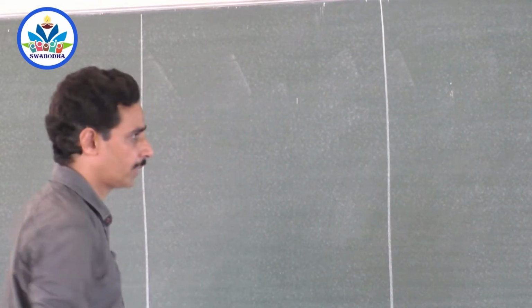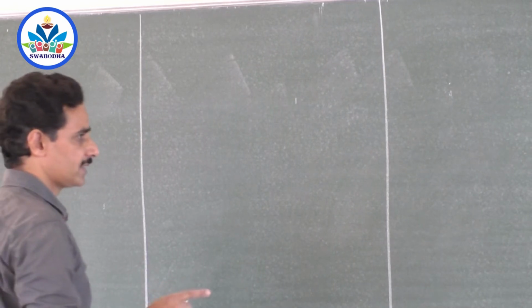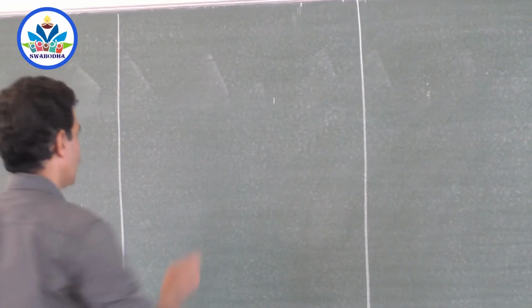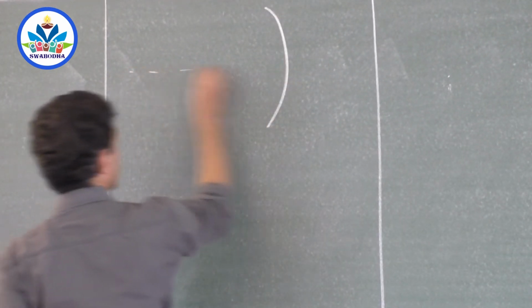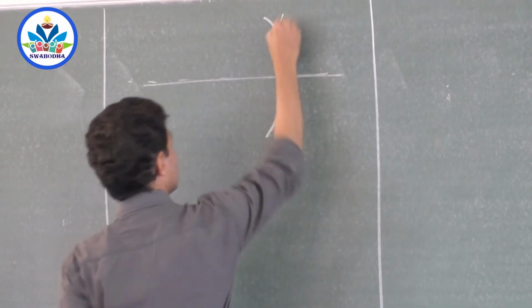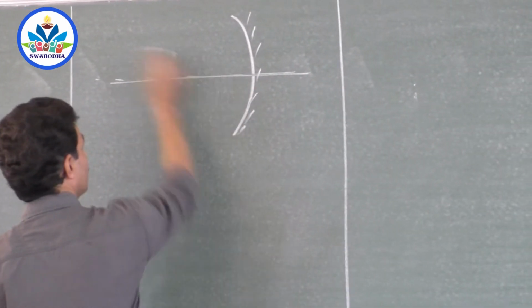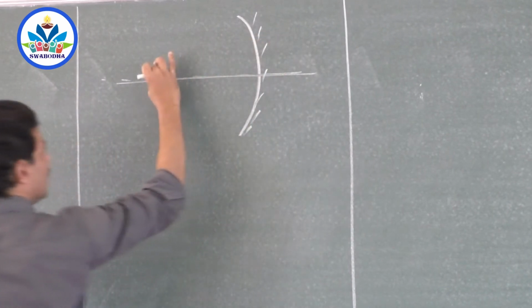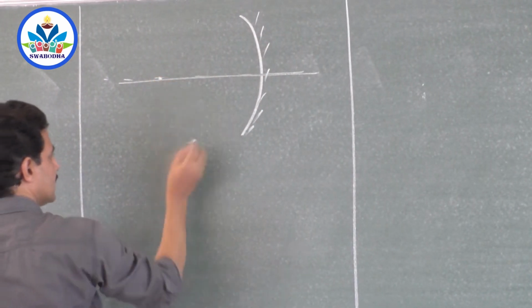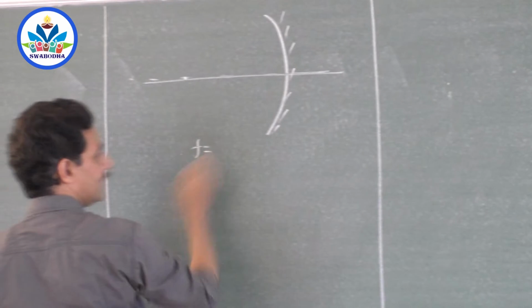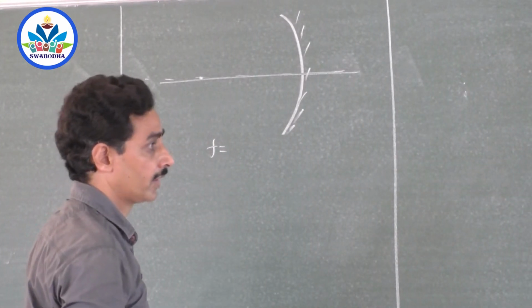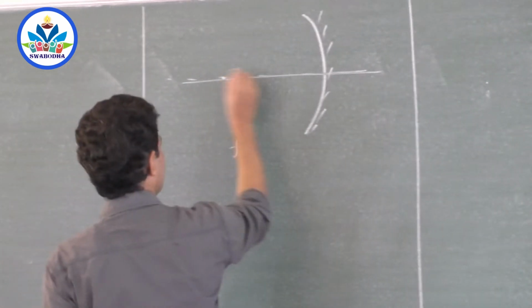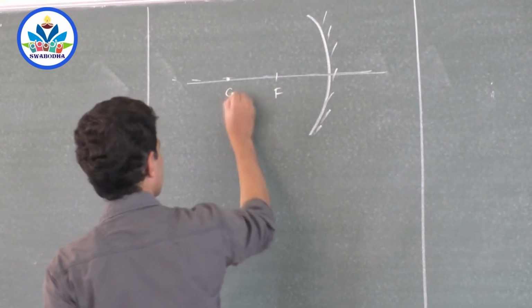So here the problem goes like this. An object is placed at a distance of 6 cm in front of a concave mirror. Always draw the concave mirror such that the object comes to the left hand side. So this is the principal axis, this is the concave mirror, and if you send parallel rays to the concave mirror, all the rays meet at the focus here. So focal length is this side. Radius is 6 cm, so the center will be here. Suppose focus is here, center is here.